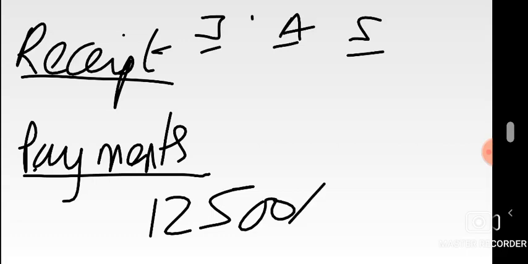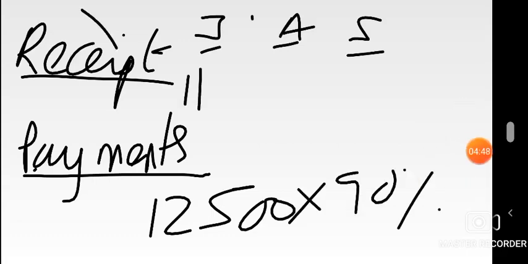So we're just going to get 90% of this. So for July, the 90% is 11,250. That is the 1 month's credit showing after a month of sale. That's what they mean. So if they sell in June, the credit part will always be showing the next month. Just remember that. That's what we'll be doing.